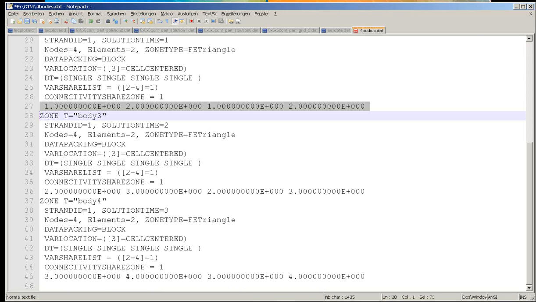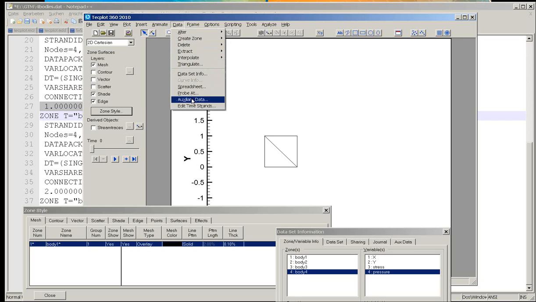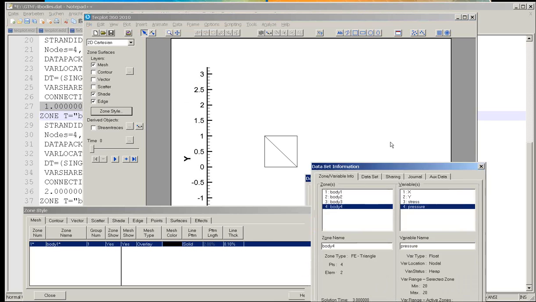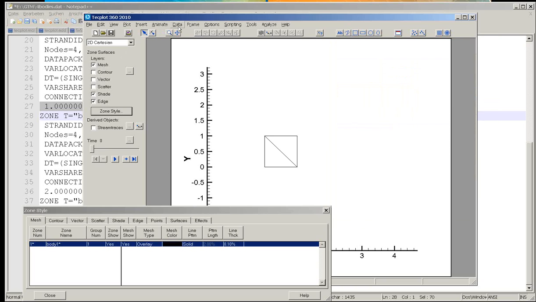So I have showed you here an example which contains just one strand ID. So you see that with each time step the 2 elements are moving. I'm giving you another example using some more strand IDs. First I will change the names here and go back to the strand editor,